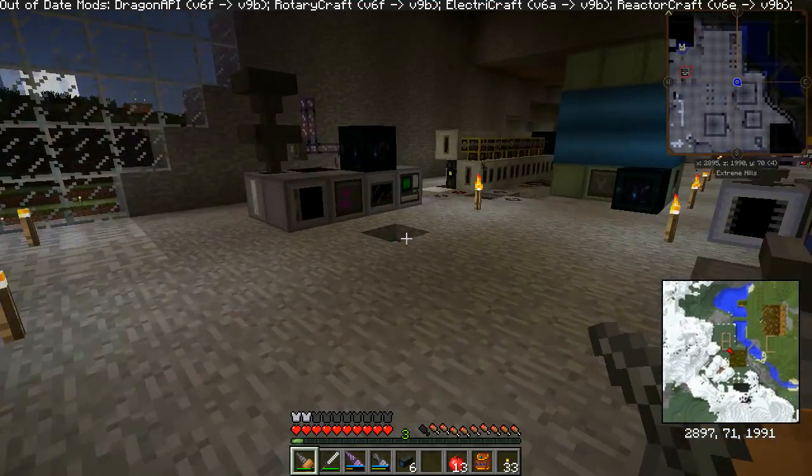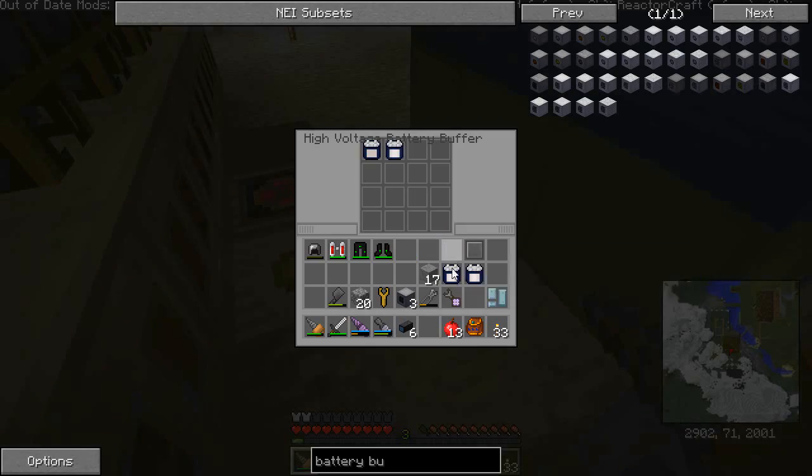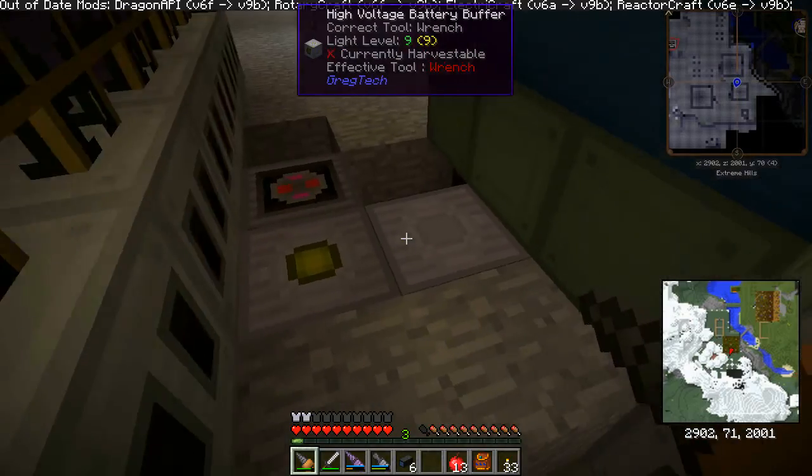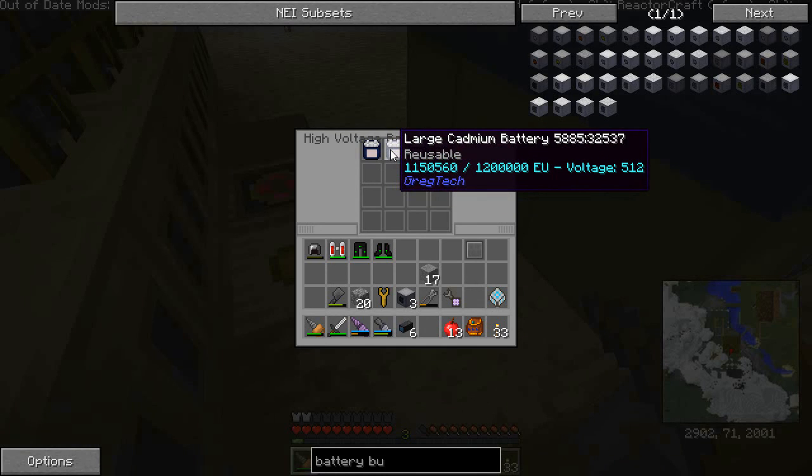Oh, not going to have enough. Not going to have enough. So let's just throw them in there. So we know that we need 5. So that's going to fill the buffer up, and then hopefully this will burst back up